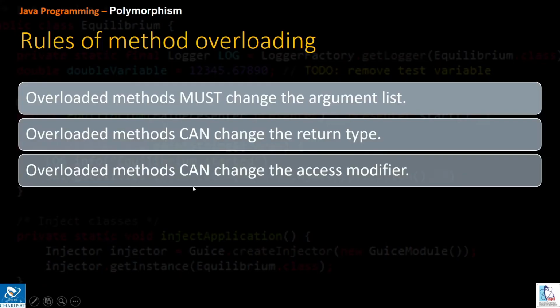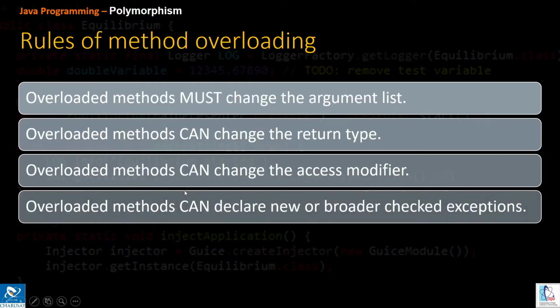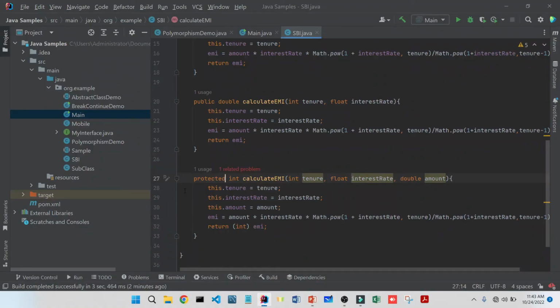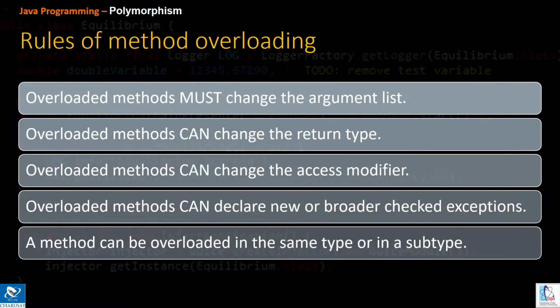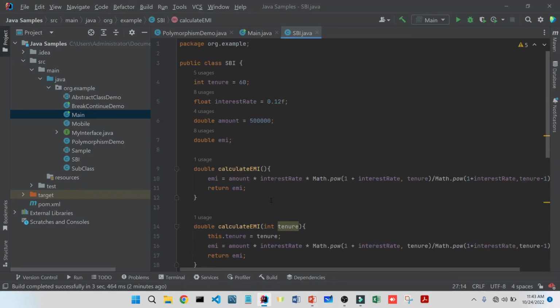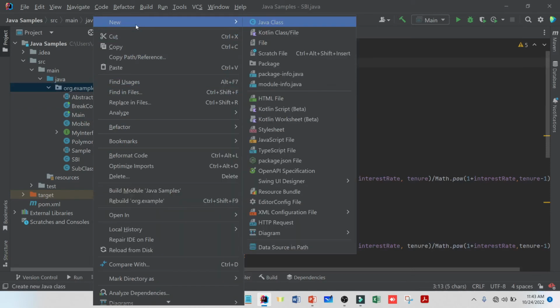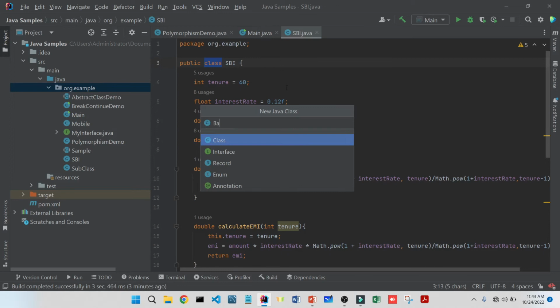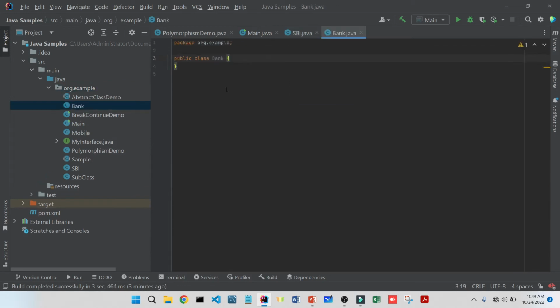Another one is the overloaded method can declare a new or broader checked exception. This point I will come to later on. A method can be overloaded in the same type or in the subtype. Let's take the example. Let's create the class called bank. Now every bank calculates the EMI, right? So in this class also, I can have a similar method that returns the double argument,